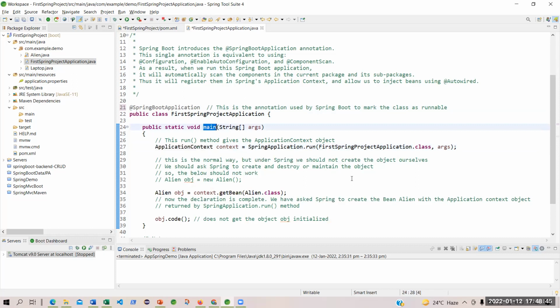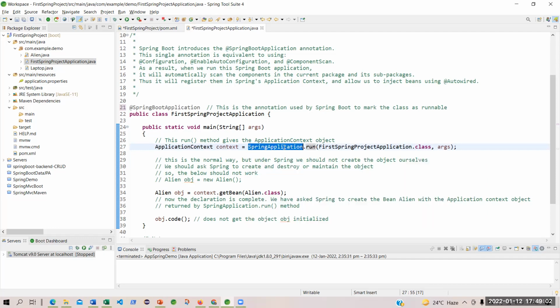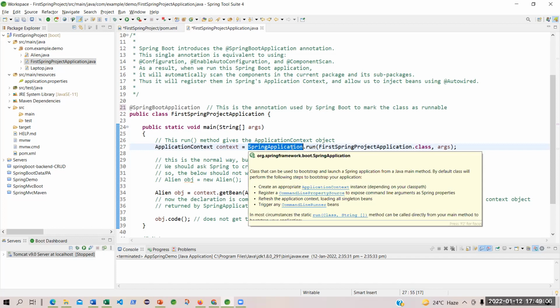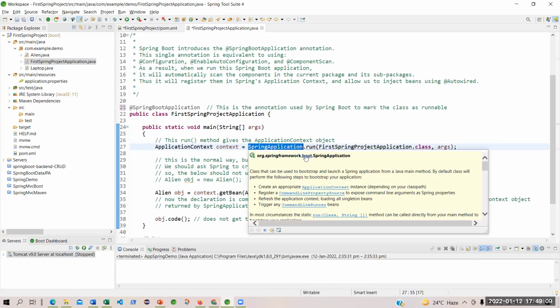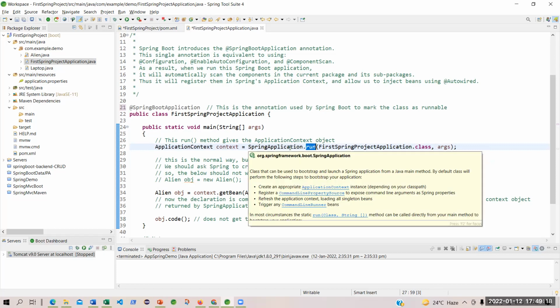If you have checked, the thread has a run method, because this is a runnable thread. So this is the main thread. And the Spring application is a class given by the Spring Boot framework. You are using that class to expose a run method, because this run method is part of that class.